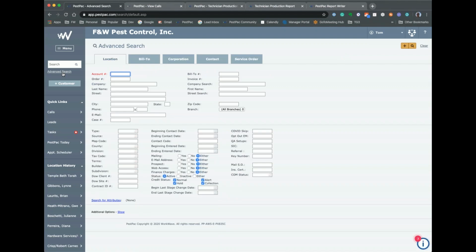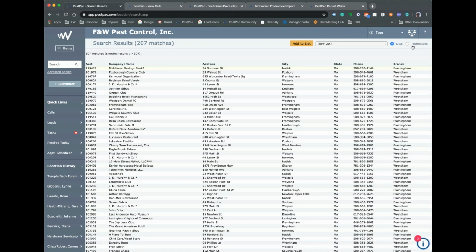And track them. So once you have that, under advanced search, you'll see my COVID skip option is here. For yes or no fields in PestPac, just putting a capital Y in here and clicking on the search icon, the little magnifying glass here, will return that list of customers that have elected to not have service during the crisis. The other thing you can do is once you have this list created, you can create a new dynamic